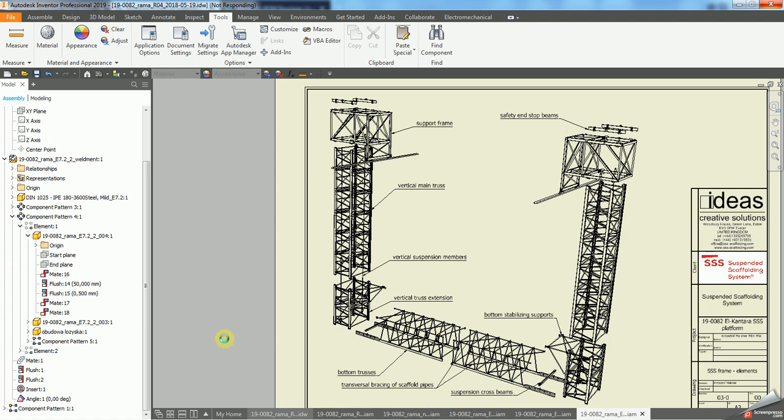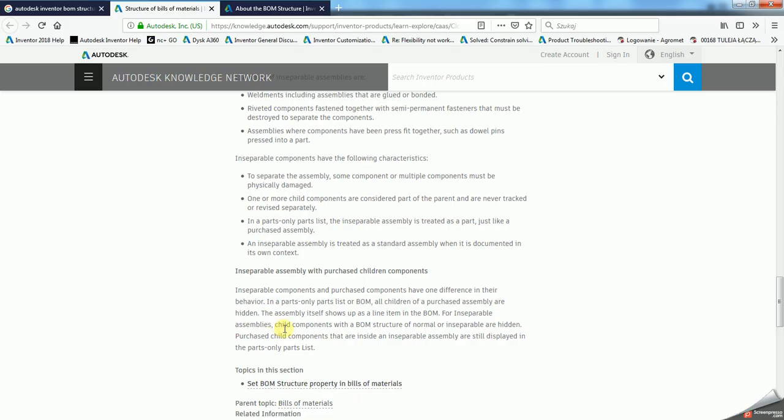So just wait until this allows us to click. So we have a top level assembly, then we have an inseparable, then we have a phantom, and another inseparable, and in this we have a purchased component, and this purchased component is not listed in the parts only here, and I think it should be, as this says that